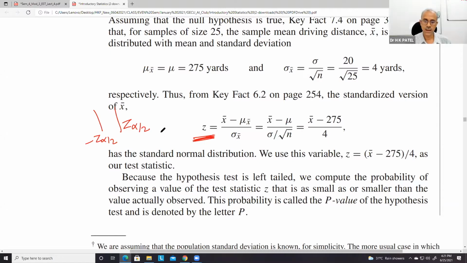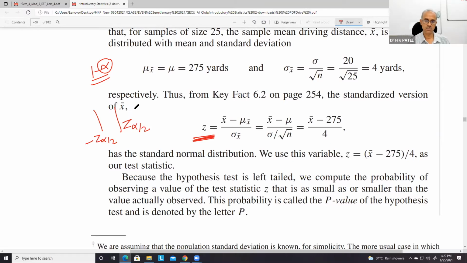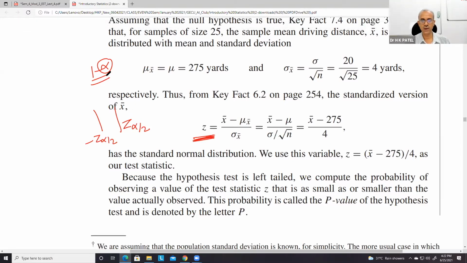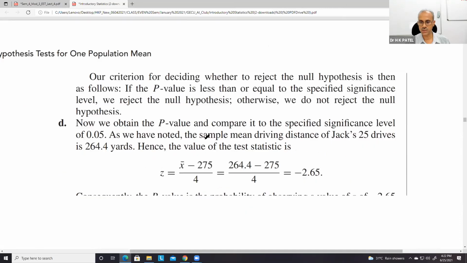So in this way, we use this Z alpha by 2. And here again, this alpha is there. So this is a predefined number. But in case of p value, most of the time we don't use this alpha. Okay. So again, in case of p, we use this number Z. And how this number is used, just see.